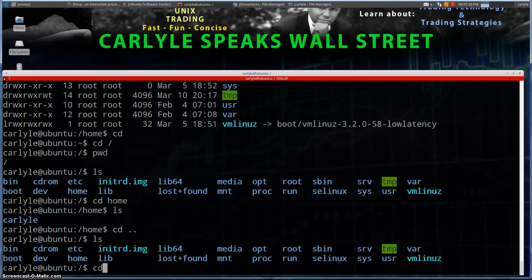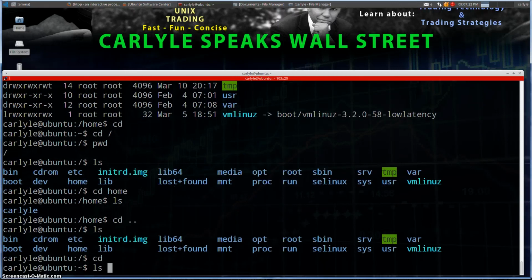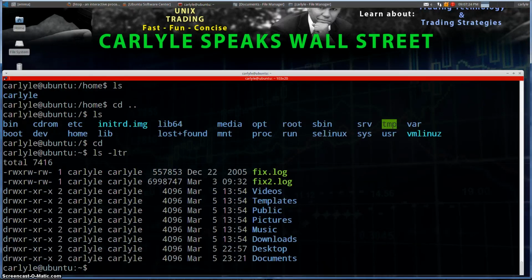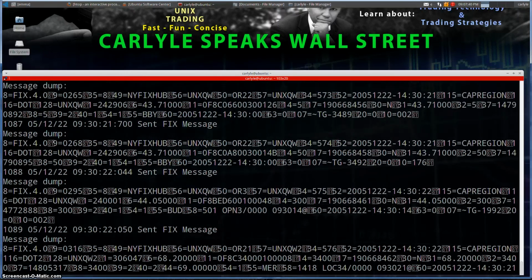Now let's go to our home directory, ls -ltr, and we can see we have these two fix.log files, and I want to look at them. I could do a cat fix.log, and that's going to show me